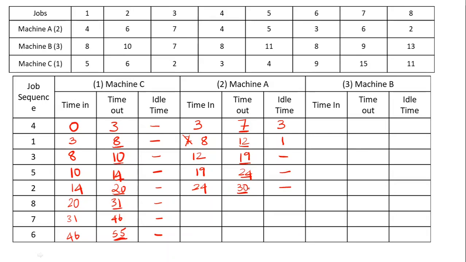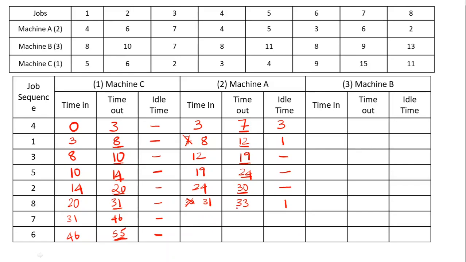So at the 30th hour itself, job 2 is completed in machine A, whereas for the next one, it is completed at the 30th hour itself. Can we start? No. Reason, at the 31st hour only, the next job, which is job 8, is getting completed in machine C. So here it is not 30, whereas 31st hour only, right after its sequence in machine C, then only can it get to machine A. So here we have idle time of 1 hour. So 31, job is 8, it takes 2 hours to get completed.